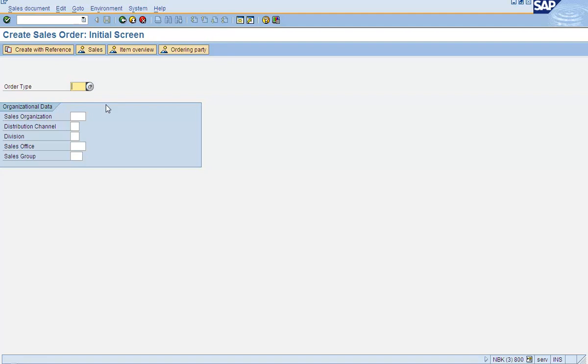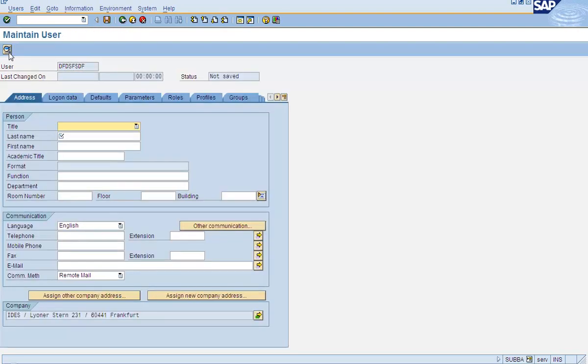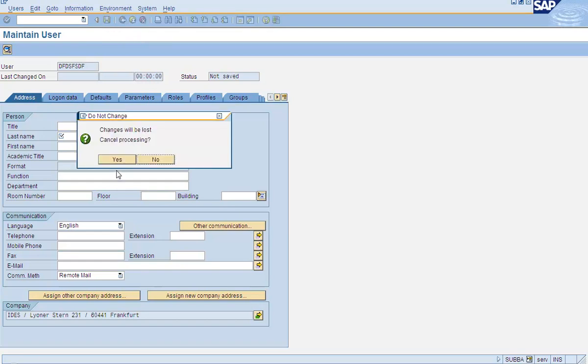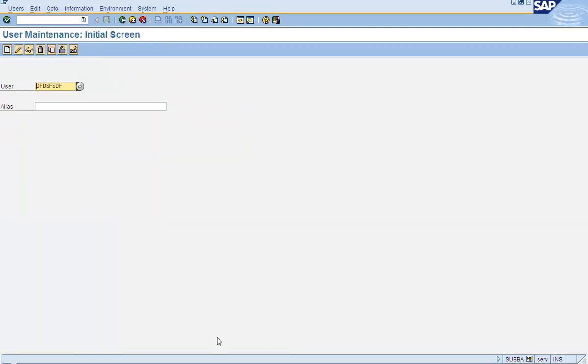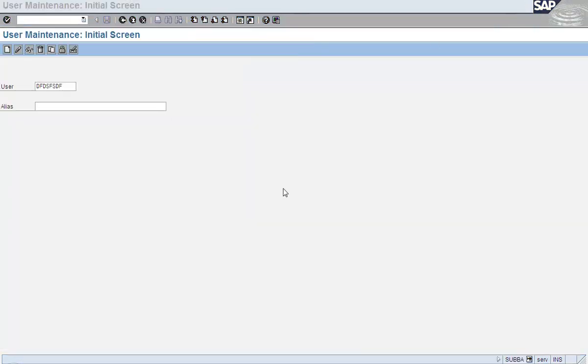Once I start the process and start entering the information, then it will start getting highlighted. For example, let's take user administration. It's not highlighted. Now I want to modify this. If it is not created, let's assume I want to create it. The moment I start doing something, this becomes highlighted. And you can cancel it from here. I can cancel it if I don't want to save. Now let me close some of these sessions that I'm not going to use.